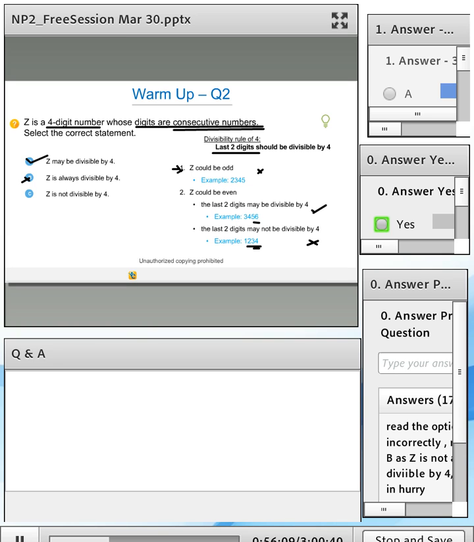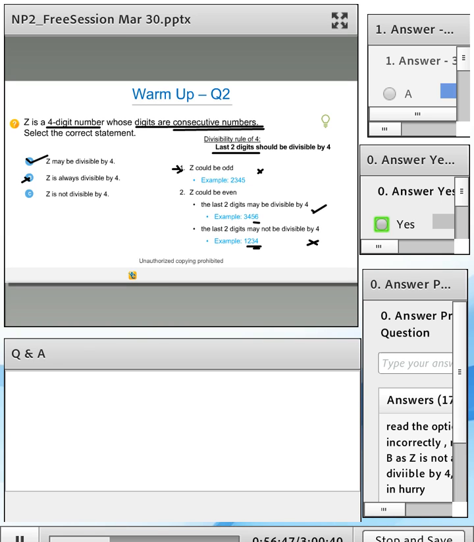So in that case, it made sense for you to start off there, right? Now in that case, because you're taking variables, you are by design covering the entire universe of numbers, because you're assuming x to be a variable which represents the first digit. Now, in this case, you're not taking variables, right? In this case, you know that you have to deal with the last two digits, right? So it makes sense because you're dealing with the last two digits, and because you're talking about the number 4, you know that you have to go by even odd, because 4 is an even number. So that could be a good starting point for you.